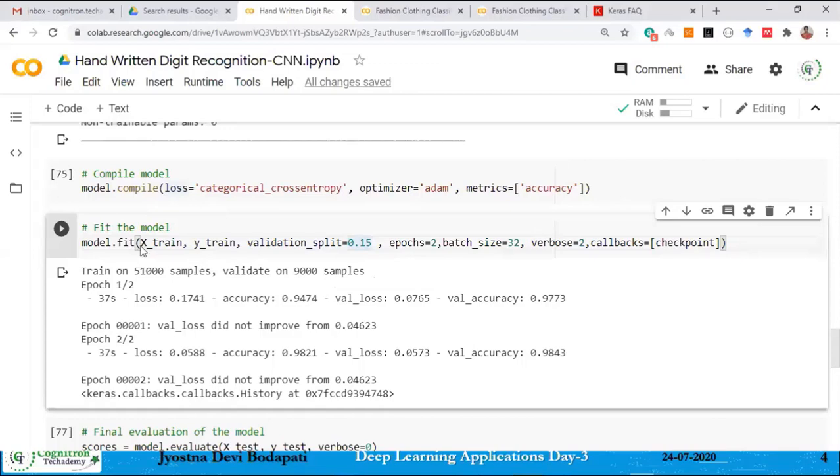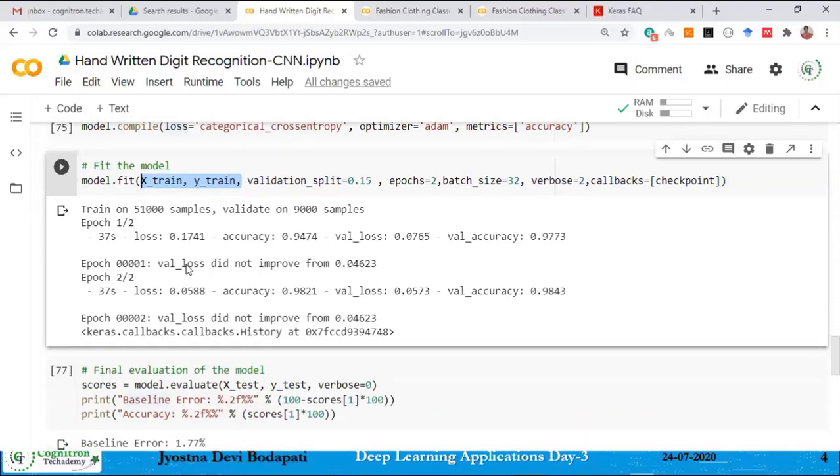The model will be trained on the remaining; if I take 15% from the training data, then I'll have some 85%, right? So 85% out of the 60,000. Only on those samples my model will be trained. And while training, after each epoch or after each batch, your model loss will be calculated on your validation data. Can you see here?